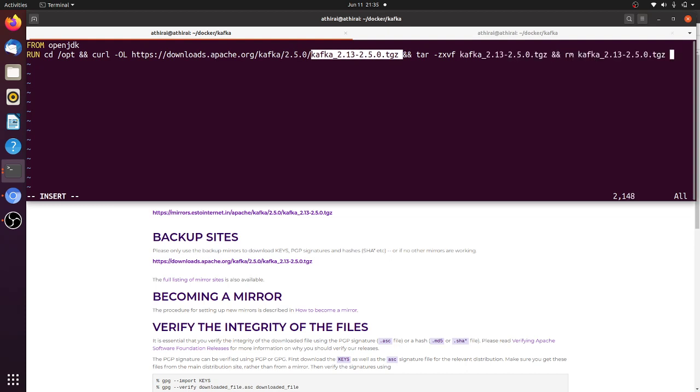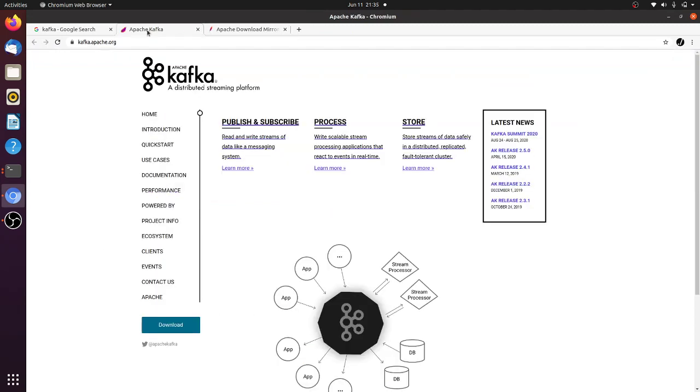Once it is unzipped, I'm going to remove the file. Then I have to go to this directory, so I will make the work directory /opt and then this folder. This is going to be my work directory, and then we will see the documentation on how to proceed.